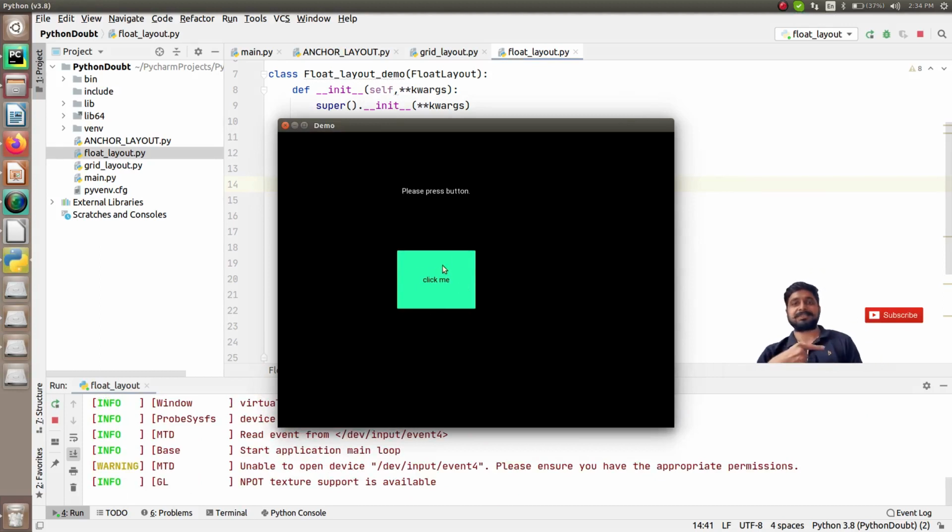This is the position for the button, and similarly I have shifted the label to the upper side, which means 0.4 is the position for this and 0.7 is the position for your label, right? So this is how I can reposition any of my widgets as per the suitability, as per the requirement of my application, right?